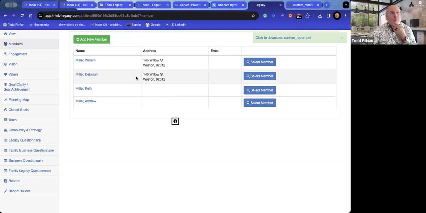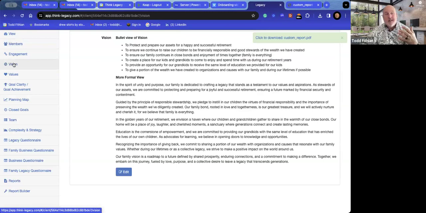It's pretty cool. So again, coming in here, these are just the list of the members, and that's important to put in here, because if we don't put the members in, then we can't actually take them through the process and do assessments and things of that nature on them. Starting point for us is really